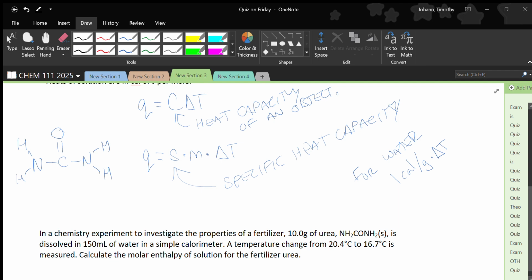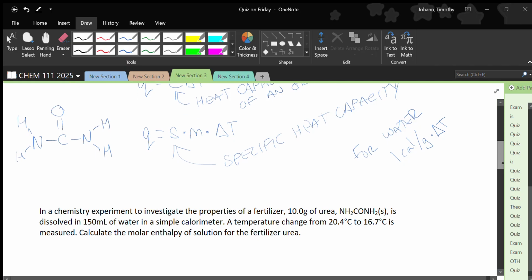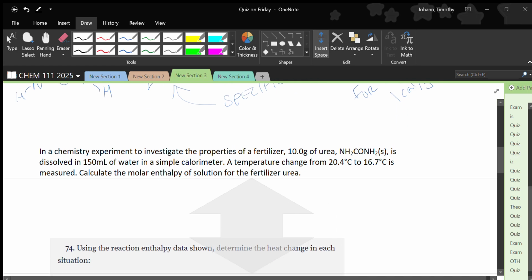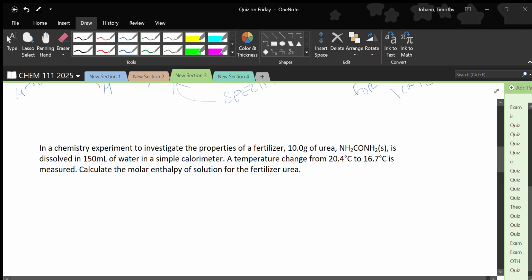Colder. It got colder. It's like a chemical cold pack. And in fact, I think urea may be used in chemical cold packs. It's not very toxic. And so what we've got is that it's going to absorb heat. All right? So if we think about urea, let's go ahead and I'm going